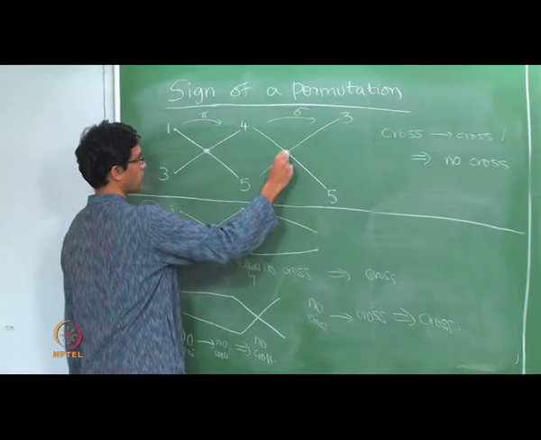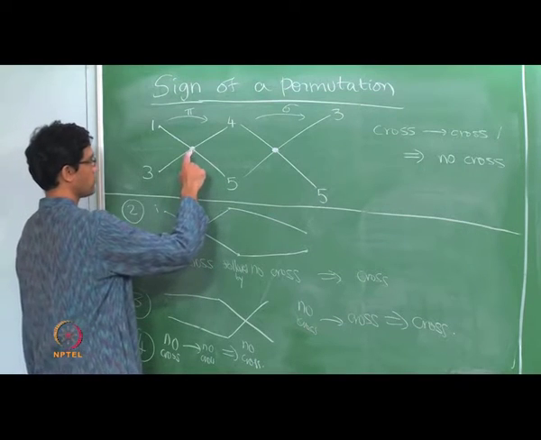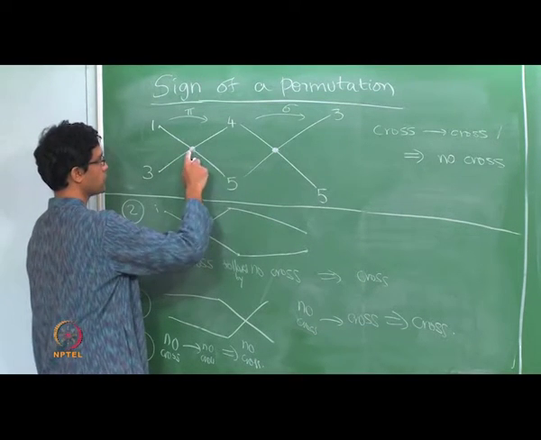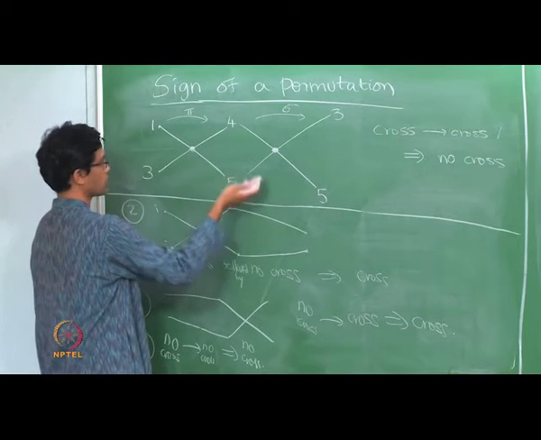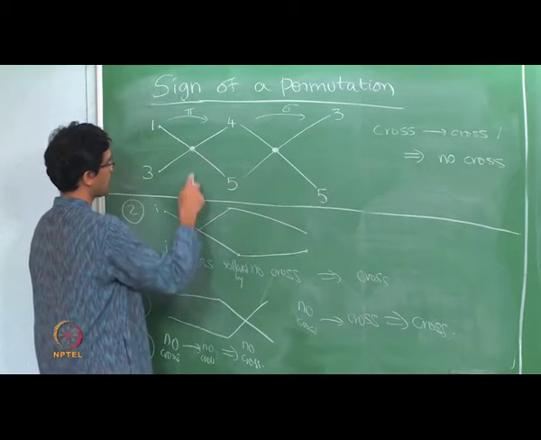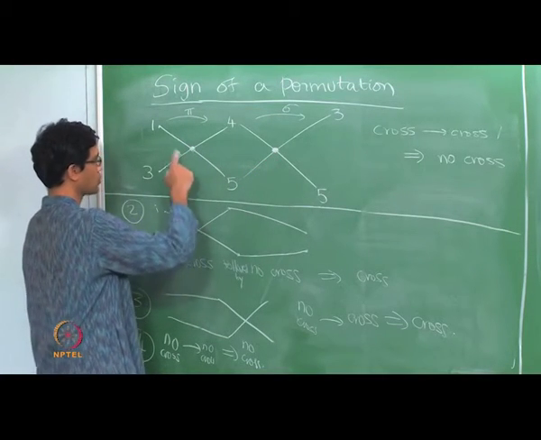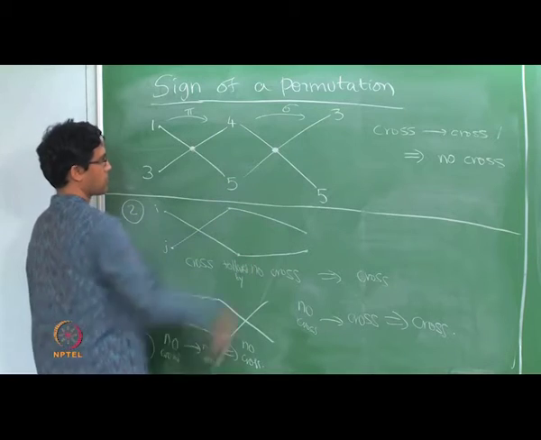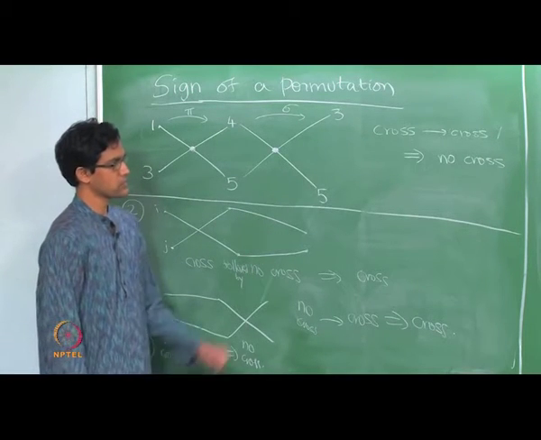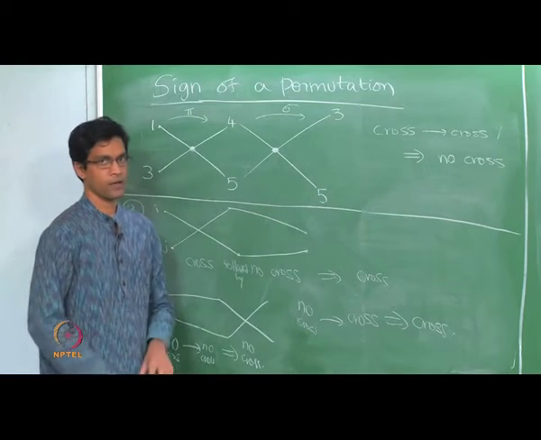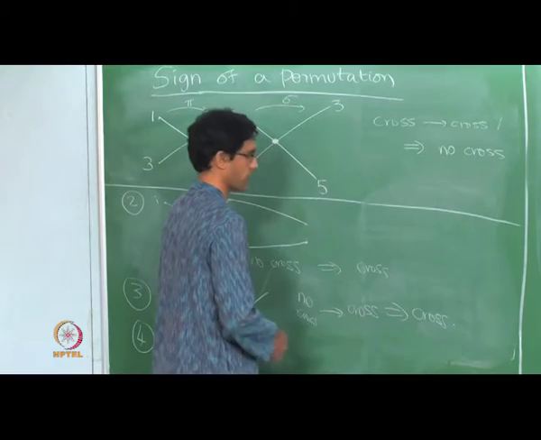This one here would contribute when you count the crossings of sigma, but when you compose them, these two cancel out the effect of each other, so they give you no crossings. So what that formula is doing is counting this as a 1, counting this as a 1, but then subtracting 2 times such double crossings or successive crossings. So what you get is that formula there. Now what we will do here is just check that this works fine in our example.